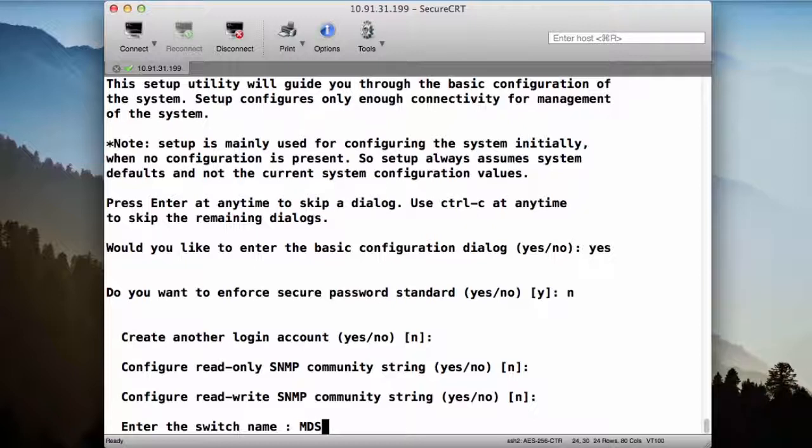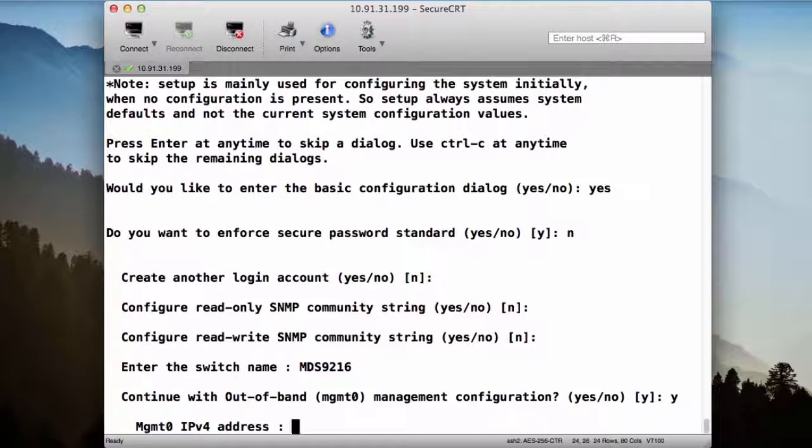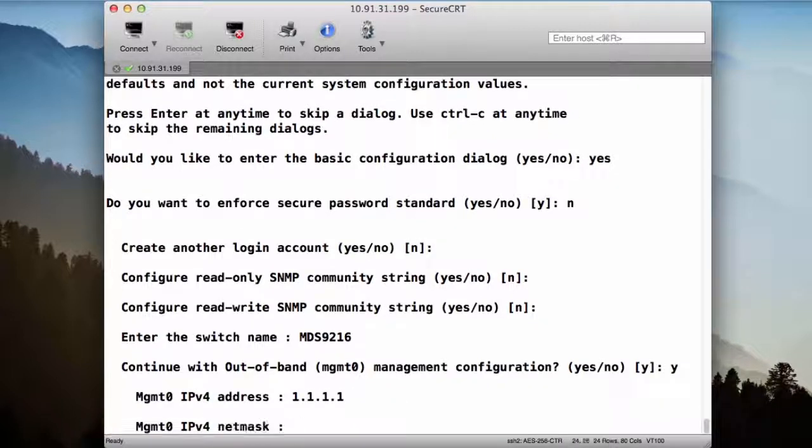I am going to set my switch name to MDS 9216, and then it's going to ask me if I want to configure my out-of-band management. Now, all of the out-of-band management for this device will actually go through the Management 0 interface. If I want to communicate with this device, everything will happen over that Management 0 interface. And in this case, I do want to configure it. I'm going to go ahead and give it a fake IP address of 1.1.1.1. I'm going to set my net mask for my network here